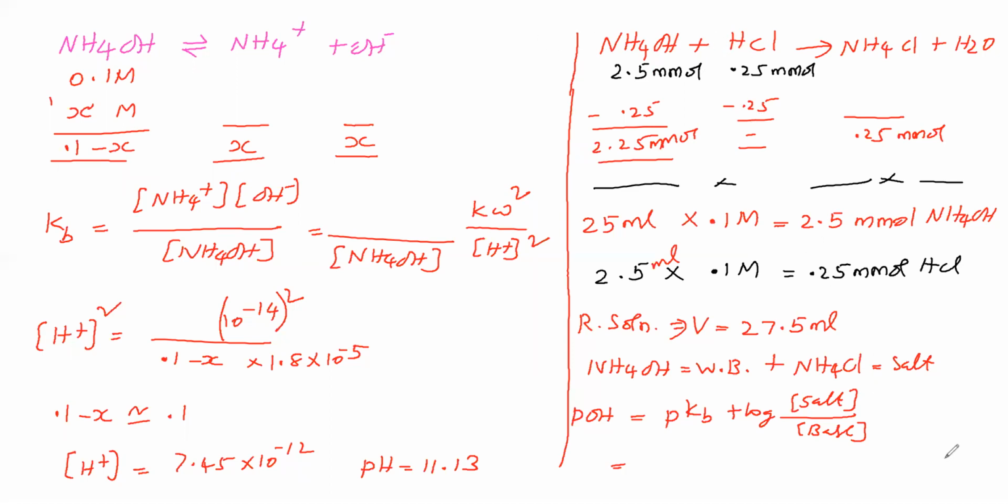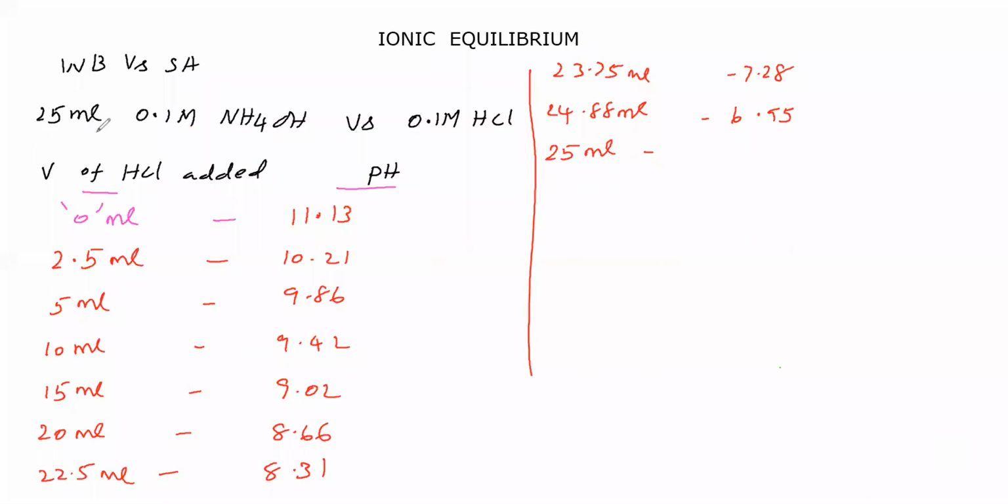Okay, sir. Now we will see. We have taken 25 ml of 0.1 molar ammonium hydroxide. HCl is also 0.1 molar only. The HCl concentration and the ammonium hydroxide concentration are the same. Therefore, 25 ml of ammonium hydroxide requires how many ml of HCl for complete reaction? 25 ml. Therefore, we have reached which point? We have reached the equivalence point, we can say.